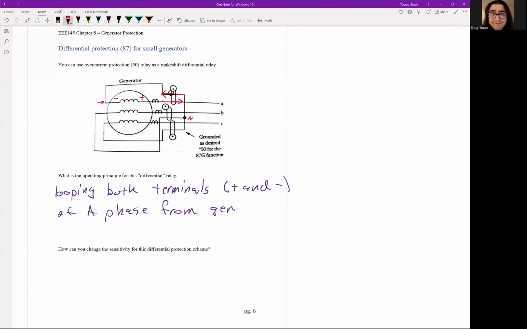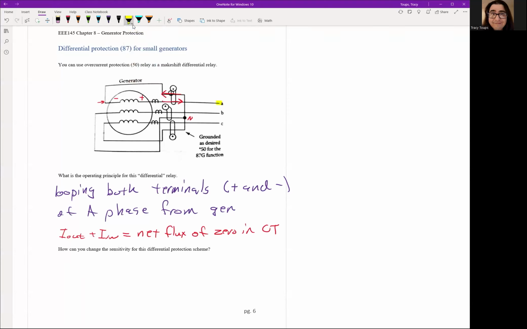So if you could wrap your CT around 2 loops of wire, you could get all the current coming out of the generator and all the current going in. So the I out plus I in should equal a net flux of 0 in the CT. So basically you're wrapping the input and the output of the generator wires, and then that should always net